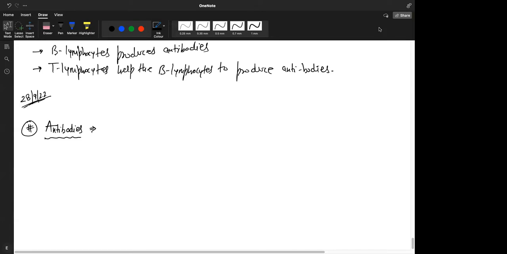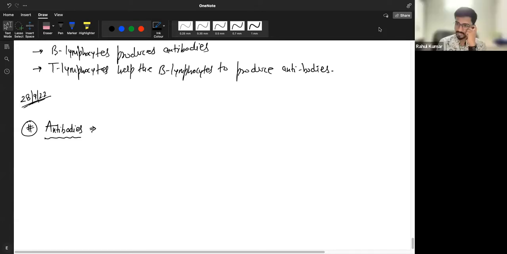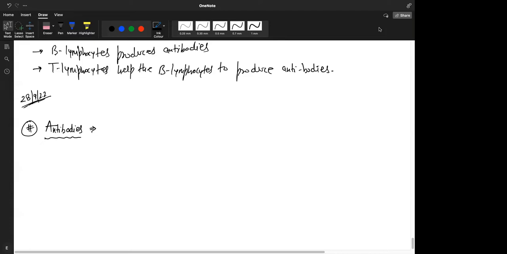Yes, sir. But what are antibodies, if I ask you? So antibodies are basically nothing but proteins. They are proteins, and there are so many numbers that it becomes an army of the protein. So our immune system creates an army of proteins that can go and fight with the pathogens when they enter our blood. Do you understand? For antibodies to work, the pathogen has to be in the blood. Okay. Yes, sir. So write down.